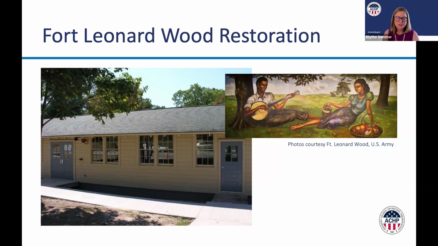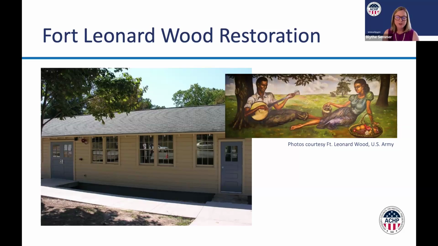From 1943 to 46, this installation also housed German and Italian prisoners of war who built stonework masonry features that still exist at the building and its grounds. The building was determined eligible for the National Register in 1998. In the post-war period, though, Fort Leonard Wood was adapting to changing Army needs. And in 2011, the building was scheduled to be used as an office and classroom space, but the unit that was supposed to go there decided in the end they didn't need the building, and it thus sat vacant for